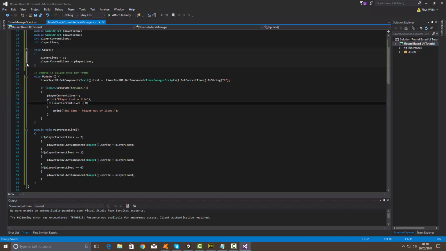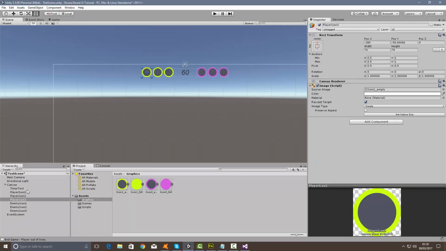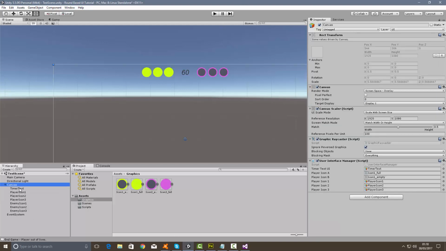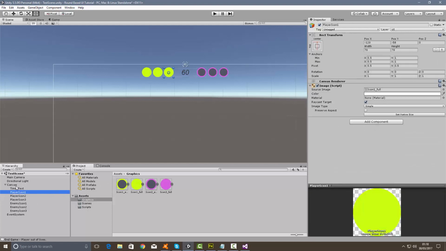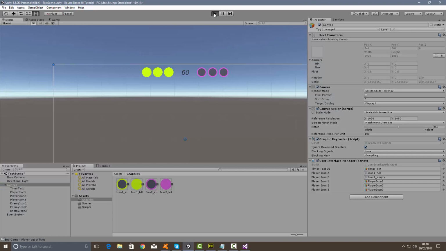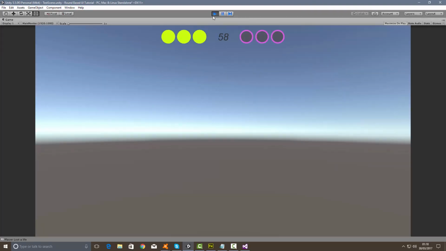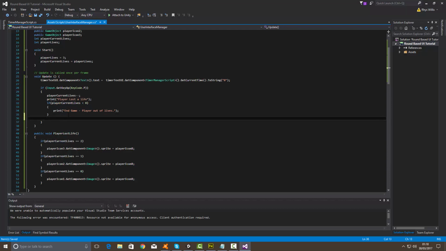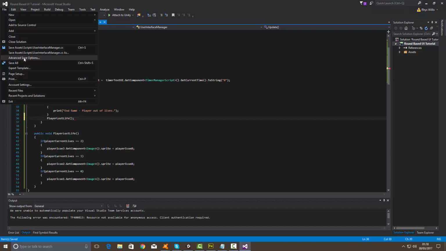So if we save all that, what we actually need to do is come here and change these 3 player icons to this full one, because we want it to start with lives, not without them. I'm not entirely sure this is going to work first time, so this will be interesting. But if we play and then press P, no, it's not, because we haven't hooked it up. So obviously we've made this function, but it doesn't know when to run. So if we just plonk it in here after the if statement, and we do PlayerLostLife, end line, save all again,